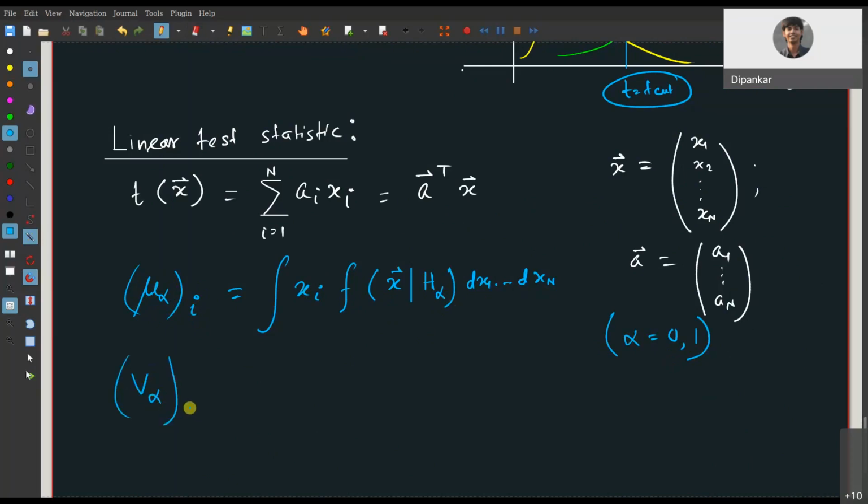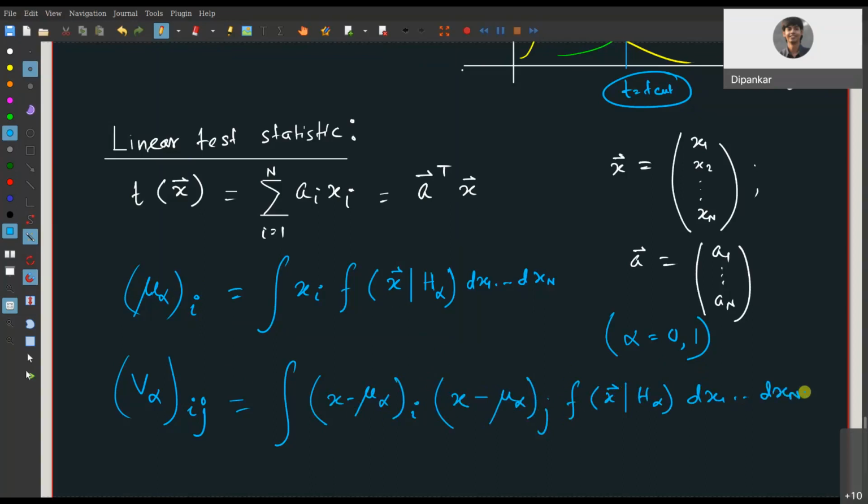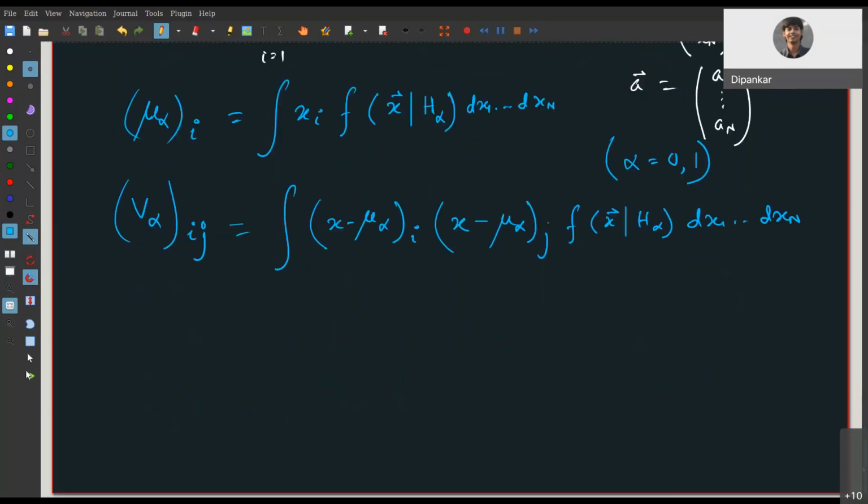Okay, and the ijth element of that would be given by, similarly, x minus mu alpha i, times x minus mu alpha j, f of x given H alpha, again dx1 up to dxn. So these two things I already know. Now, given this, again using the transformation of variable,